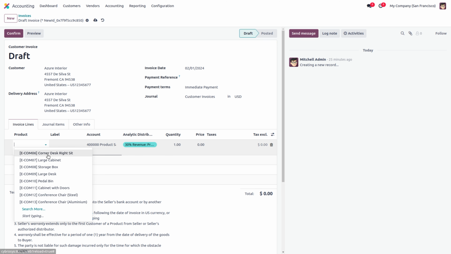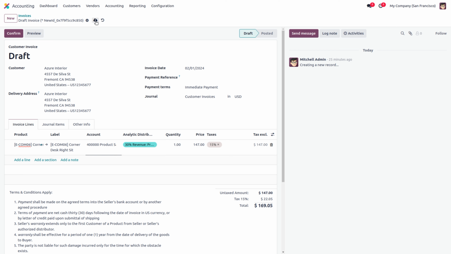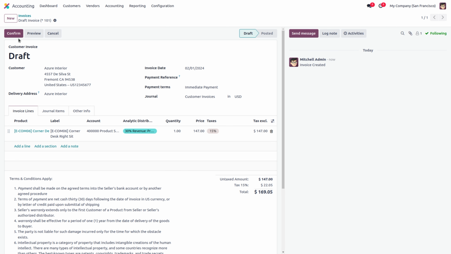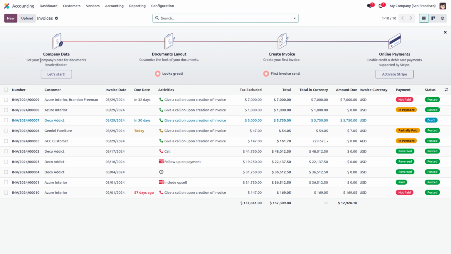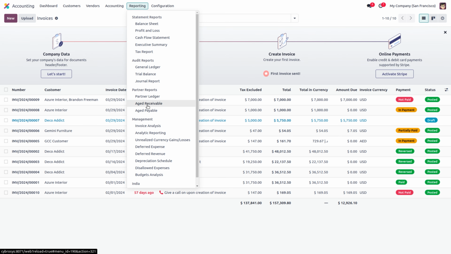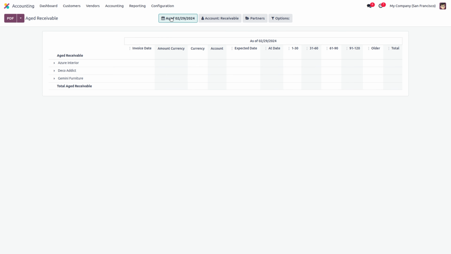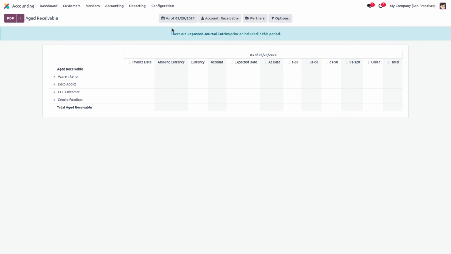If the customer has to make payment for this, it means this is already due. So let's confirm this. Because the customer has to pay by February 1st itself, and today is March 29. When you look at the list view, you can see that particular invoice, invoice number 10, is due by 57 days ago. Now, when you look into your aged receivable report, as of today,